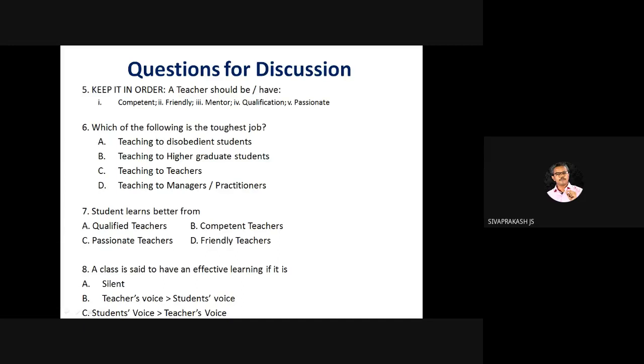Right. But most of us used to think a silent classroom is always an effective learning classroom. Even when the HOD comes around, or any management person comes for invigilation or checking, just walking around the corridor, if a particular classroom keeps silent, then management thinks this classroom is going on with effective learning. But it is false. It is not true, right? Where the students' voice is always greater than the teacher's voice with respect to the subject, that classroom carries effective learning.